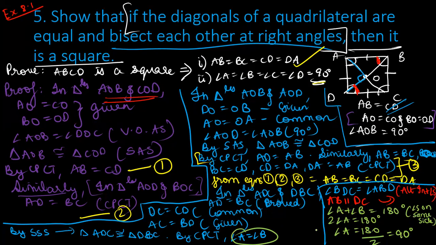Similarly, I don't have the space here to write, but you can conclude and say that angle B is equal to angle C is equal to angle D is equal to angle A, which is equal to 90 degrees. That's how you can prove the second part. Clear? Please write that concluding statement. I don't have space here on the screen, so kindly adjust. So that's how we do the fifth question. I know the screen is a bit messy, sorry for that, but I hope you guys understood it.